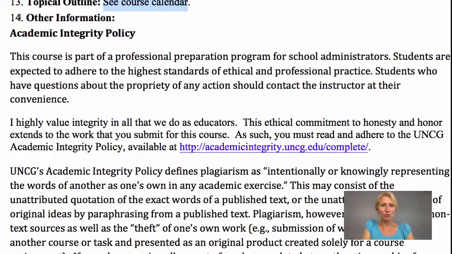And I do want you to read this extremely carefully. It's the university's academic integrity policy. It's very, very important to me that as leaders, we model integrity in all that we do. And you are expected to perform to a very high level of integrity in this class. So you need to be very careful in your work that you submit to make sure that it is your own original work. And when you are using the ideas or the words of someone else, you have to cite